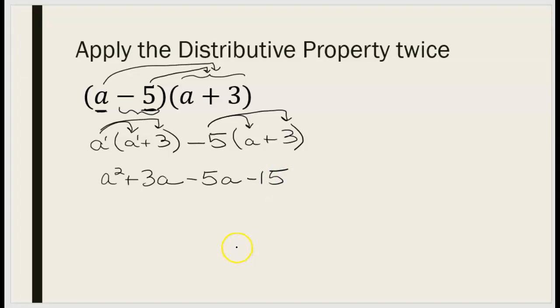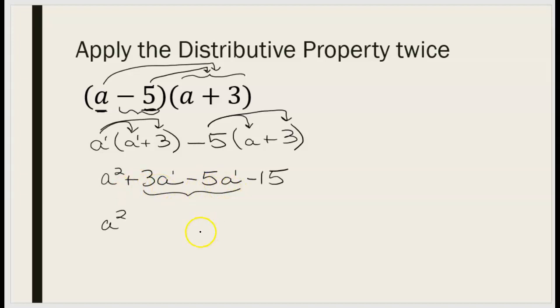Now, if you watched the previous video, you heard me say several times at the end of those problems, all right, now I need to go back and check and see if we've got any like terms here to combine. In order for things to be like terms, the variables and their exponents must match identically, right? Well, guess what we have here? We've got an A squared, and I don't see any more of those. But this is an A to the first power, and this is an A to the first power. I have 2 terms where the variable and its corresponding exponent match identically. So I need to combine those guys, okay? So my A squared remains an A squared. Now this plus 3A to the first and minus 5A to the first,